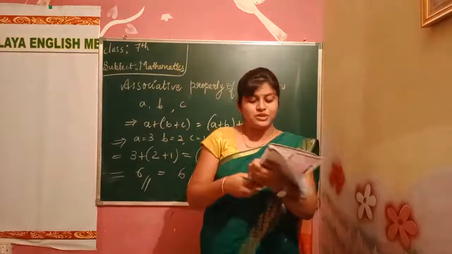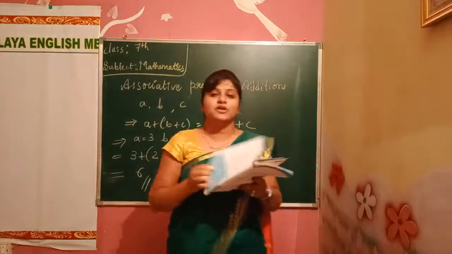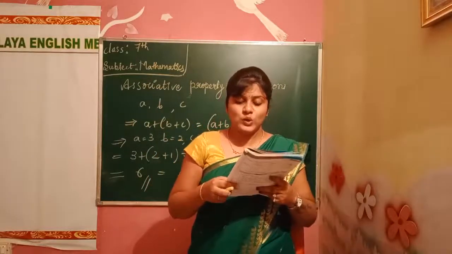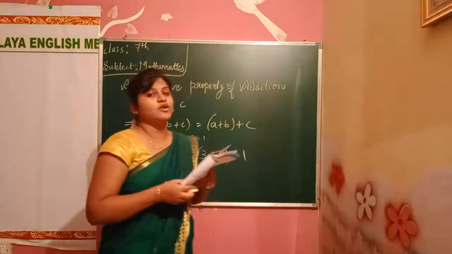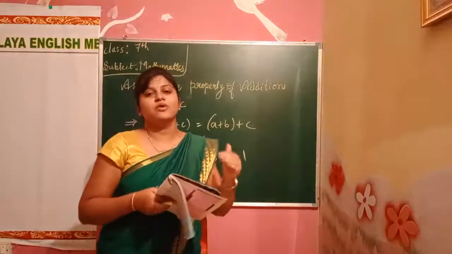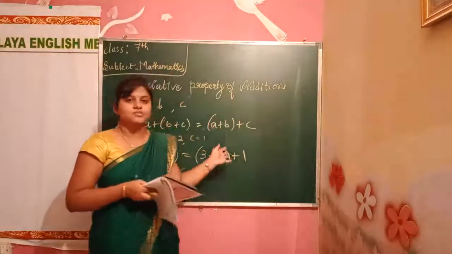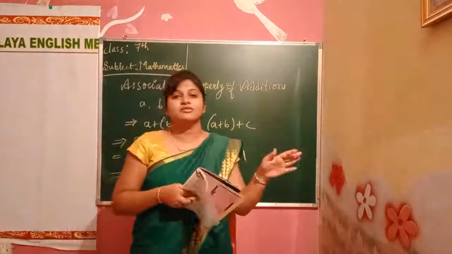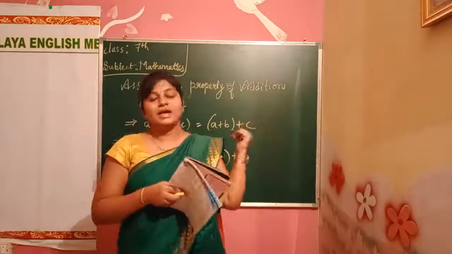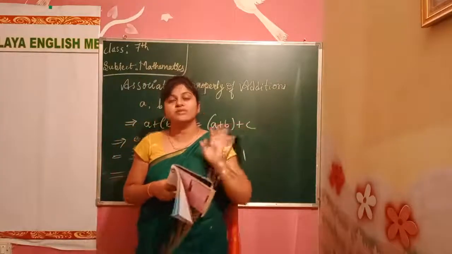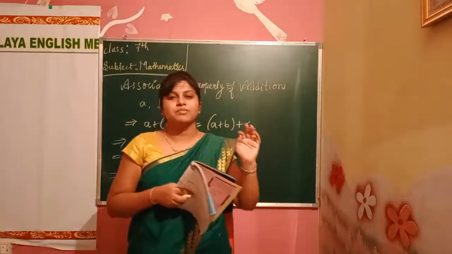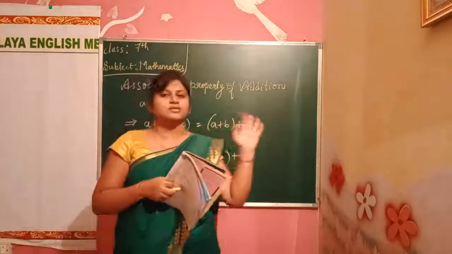But when we are doing the associative property with subtraction, it will not hold. Check with that also. Today what you have to do, children? Associative property of subtraction. Try it by yourself. If it holds, okay, correct. If it does not hold, it does not. Check whether it holds or not. Addition holds in all the properties, but in subtraction some properties do not hold.